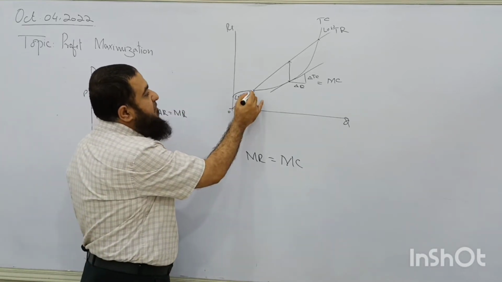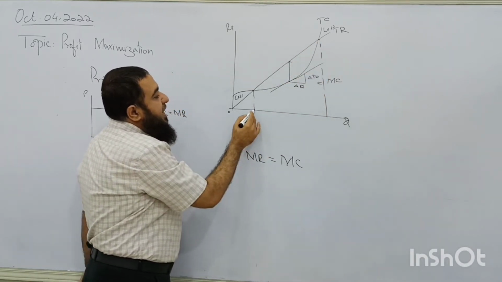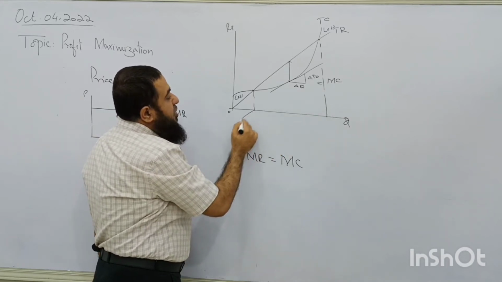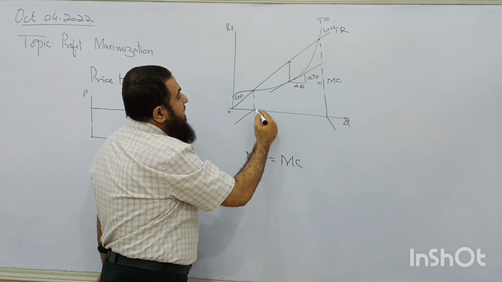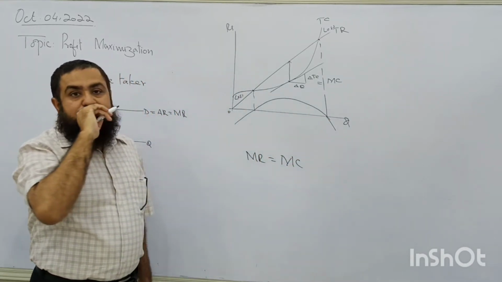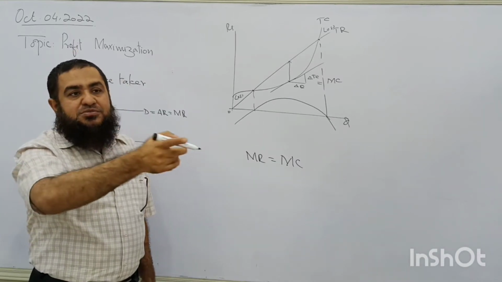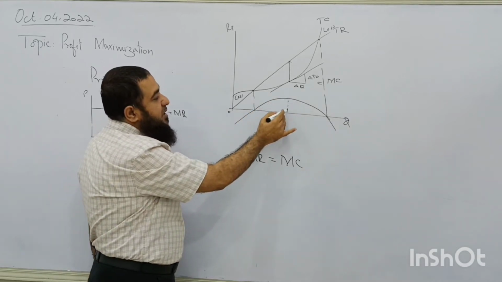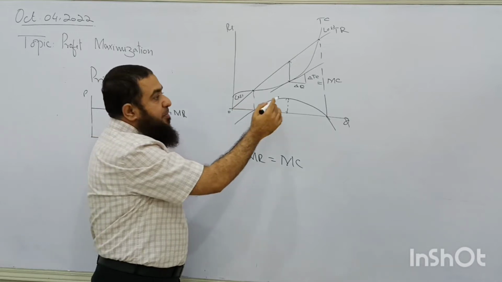If I draw the profit curve over here, look here, here profit is zero, here profit is zero. Before this there is loss, after this there is loss, and then we draw a profit curve. Clear? Profit is increasing, going to maximum, then starts decreasing. Here the gap is maximum. Clear? Alina, what is the slope of this curve at this point?